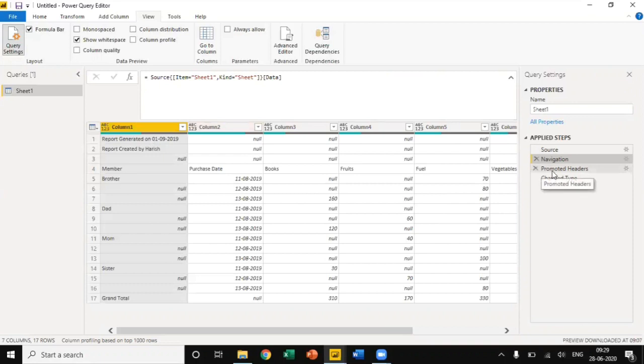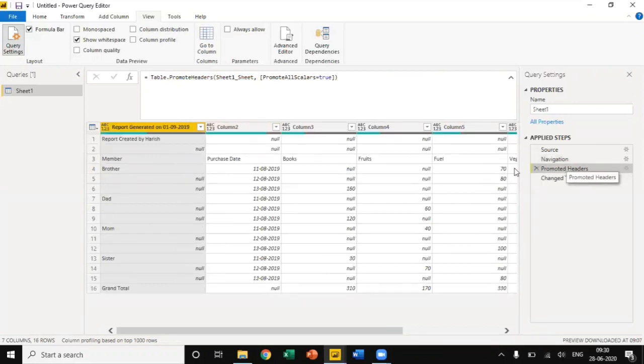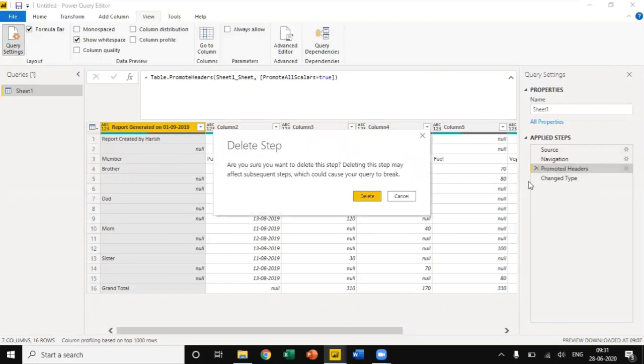After that, if I go to the third step, as soon as I select this step, you can see that the first row has been promoted as a header. Now, this is not my actual header, so I don't need this step. How to delete this step? I can simply click on this X button.